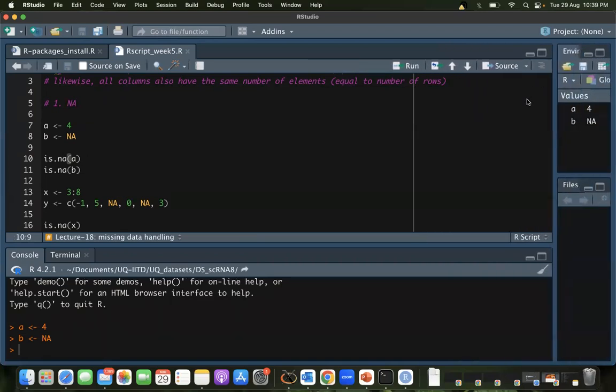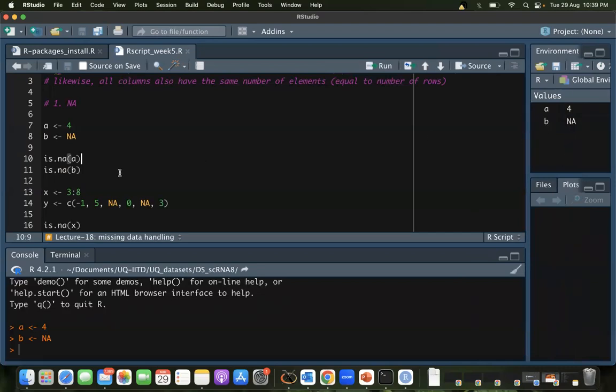For that, there is a function called is.na, an R command. So is.na, and then you have the curved brackets, and inside that curved bracket you write whatever variable it is that you would like to find out if it is NA or not.